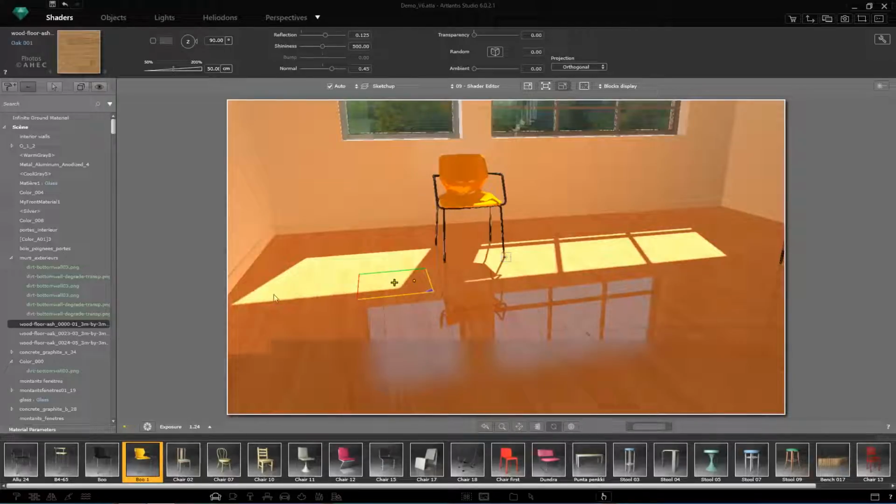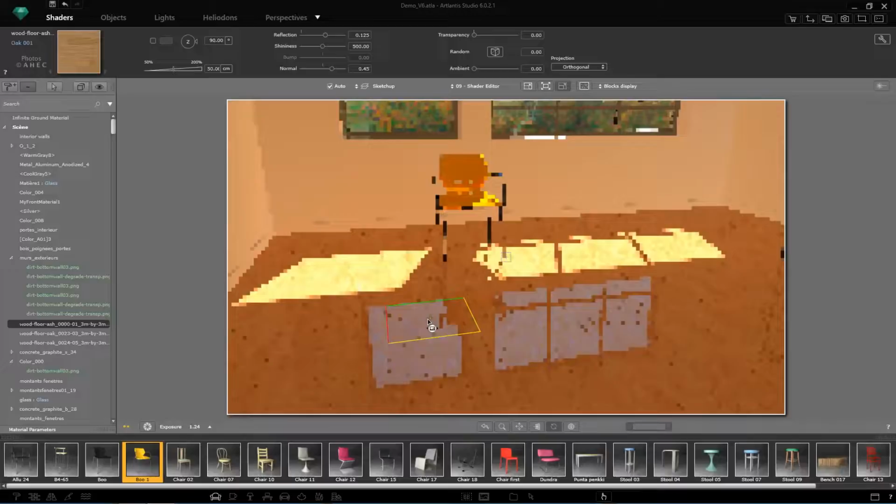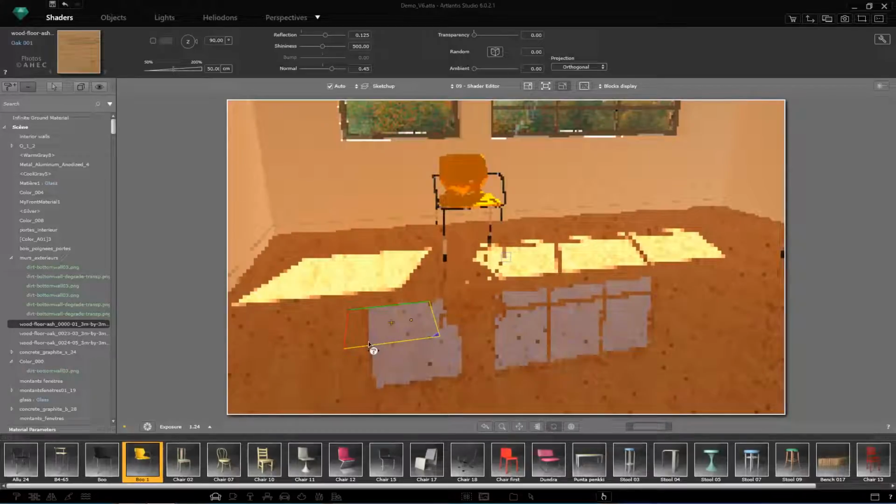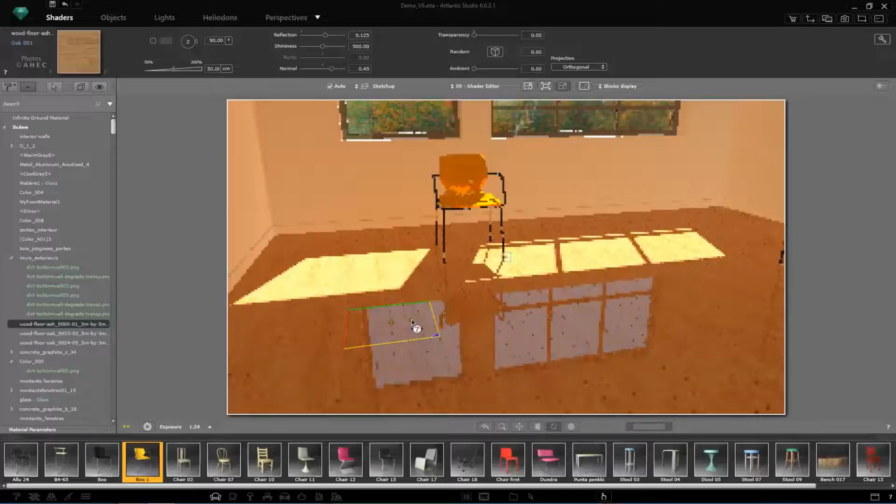Similar settings can be done right in the preview. This small cross is a kind of anchor point. I can grab the parquet and move it on the surface on which it was applied. The yellow dot will allow me to rotate it. This is exactly the same function we show in the inspector.